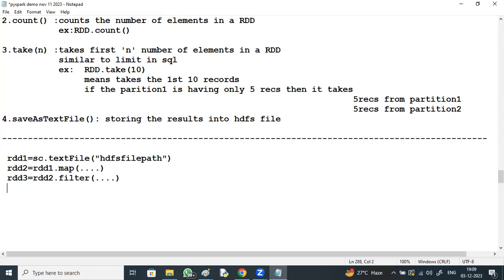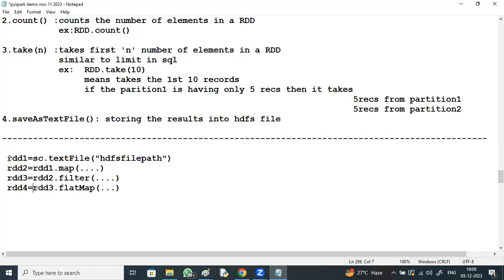And again on RDD3, you perform some operation like flatMap. Sir, are RDD1, RDD2, RDD3 kinds of variables or collection types which get created after performing the transformation? It's like a collection type.